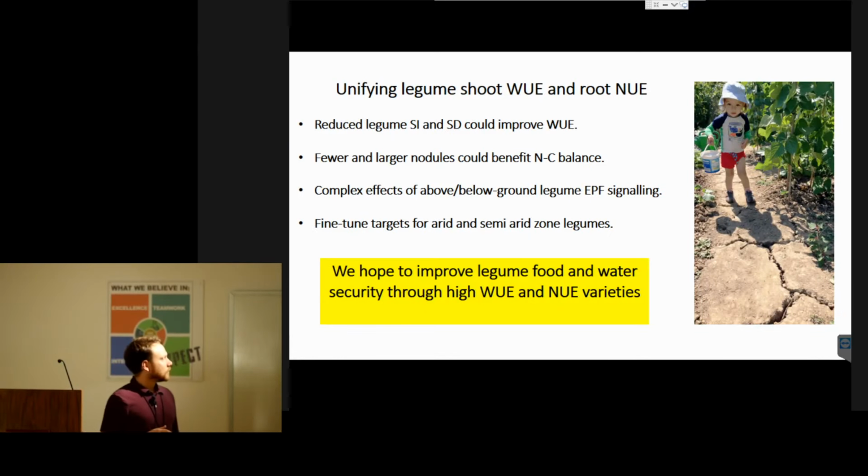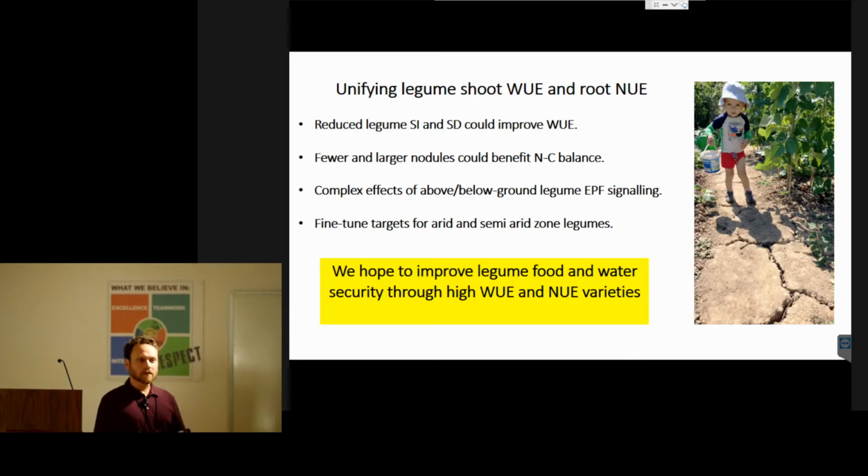So will reducing stomatal index and particularly stomatal density improve water use efficiency in beans? And it's still kind of early days by comparison to what people are finding in cereal crops. And could fewer and larger nodules actually be beneficial to the plant? And there's some evidence to say that could be the case. But